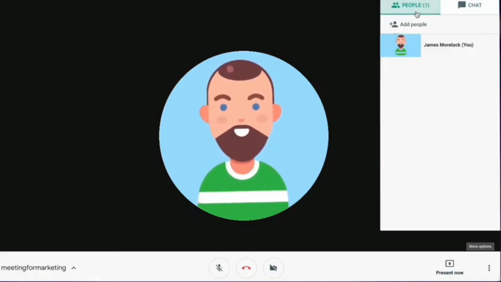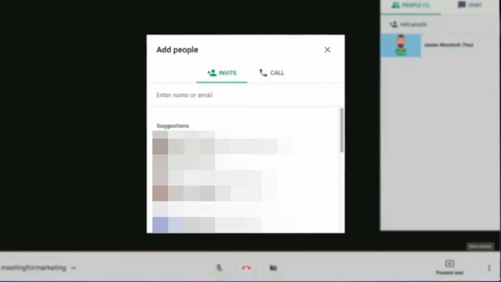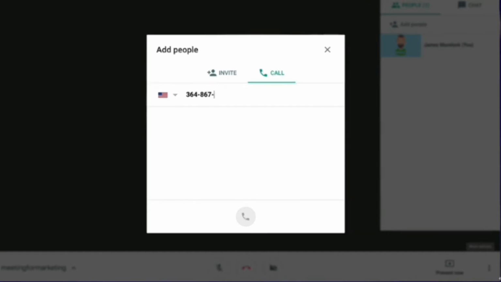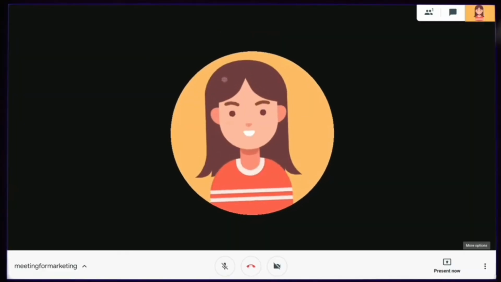The third feature is very interesting because usually, if anybody is not on the call, you just go to the normal app and call them, or text them on WhatsApp and tell them please come, the meeting has already started, you have to attend it right now. Instead of doing all those things, being the administrator, just go to add people, and next to the invite, you'll get a call option. Just dial their number, and their call will be connected directly to the meeting. This was done in a recent update and it's really good.